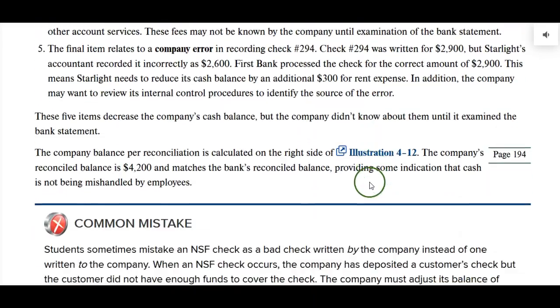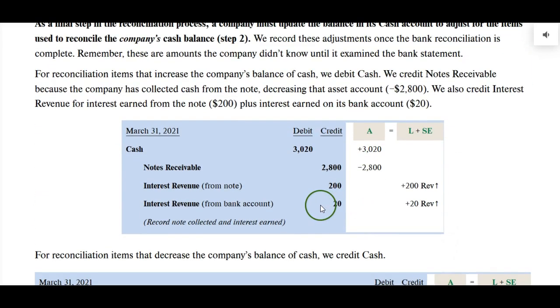Come down here. More explanation, and here we go. So what we're going to do is add to our cash account, increase cash for the note that came in. So we're going to remove from our books the note receivable, and that's where someone owes us money. We loan money to someone. They paid us the $2,800, and they paid us the $200 that goes along with that for the interest. That's interest revenue we've earned from the note, and also we earned some more interest revenue from the bank account, our checking account. So we have two revenues, and we have an asset being reduced, the receivable, and that's because cash came in the door of $3,020.